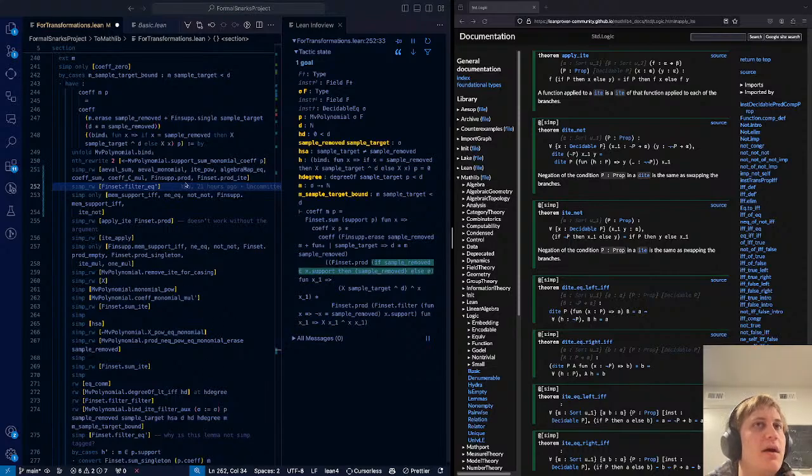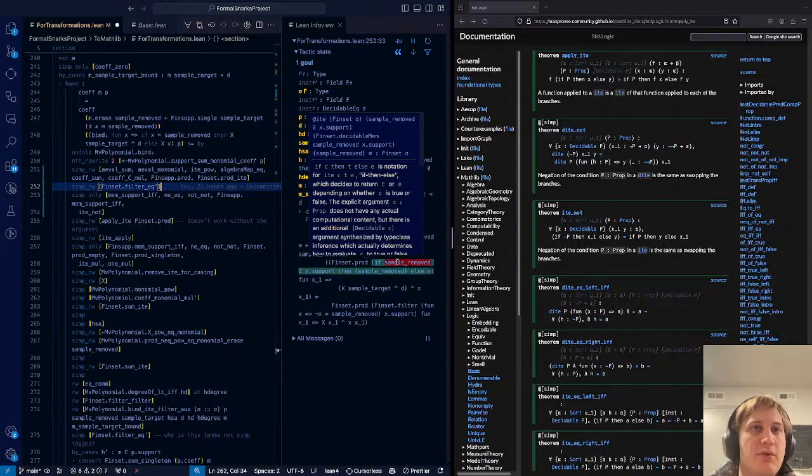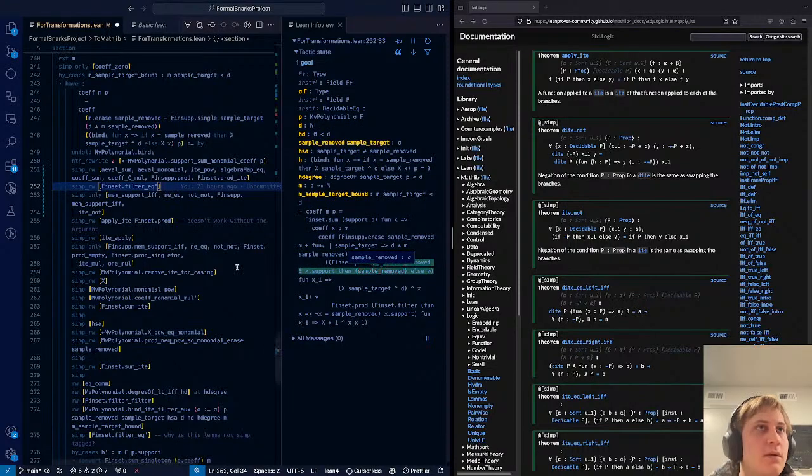Okay, so continuing on. Yeah, the question is, what happens now? Okay, so the thing that happened here is that we changed this to if sample removed in support. Sample only. Maybe if then else not is something that's happening.